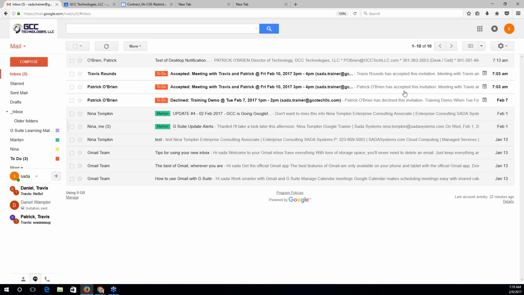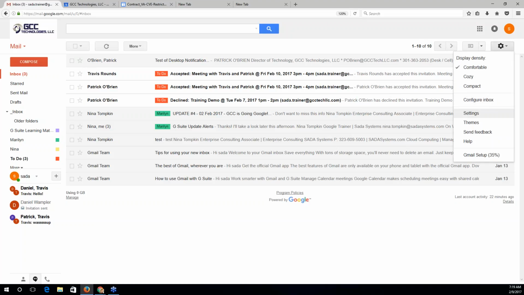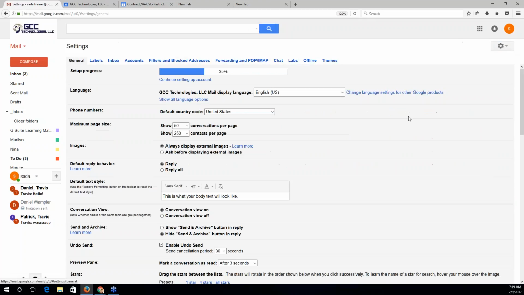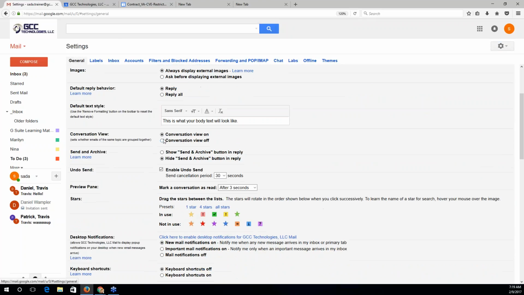Another thing I've seen people do is going into settings. If this is a major point for you, that's another use case for turning conversation view off. Because with conversation view turned off, you have a bit more information about which messages under a subject line have been sent from you and which have been sent to you from others.